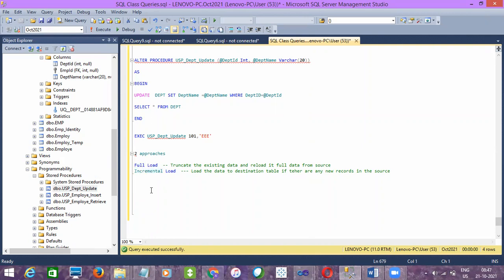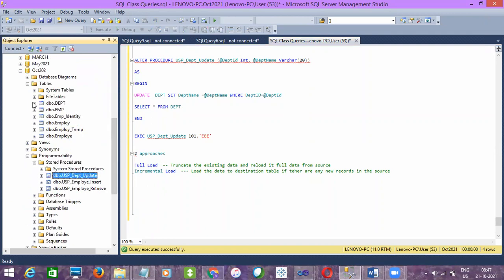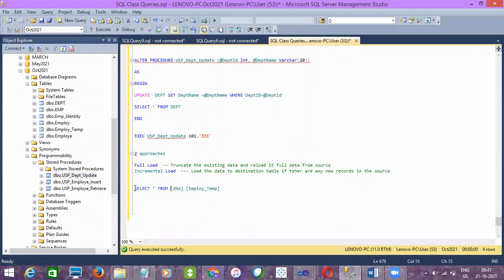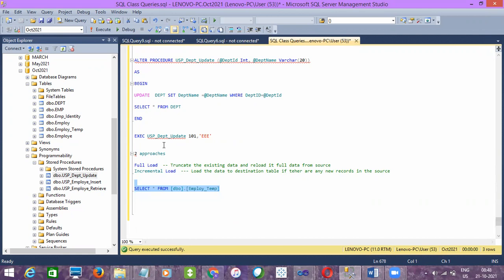So full load is simple. Just truncate the data before you load, right? If I take an example of employee temp here, we have 3 rows here, right?